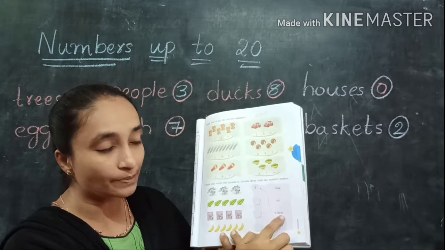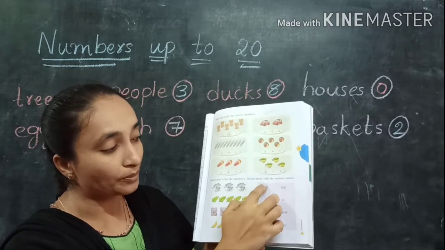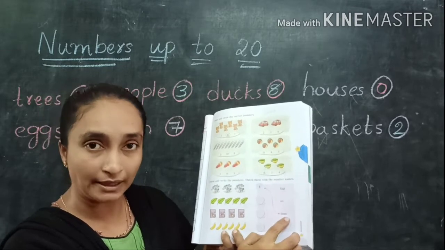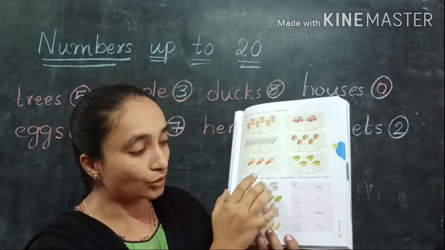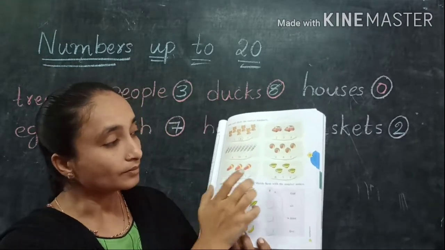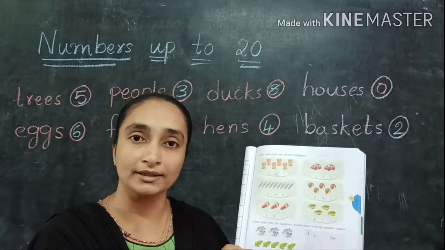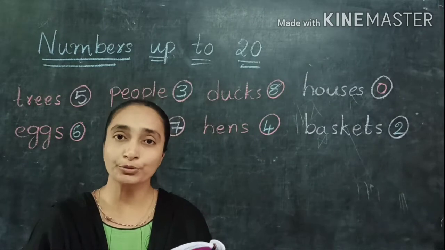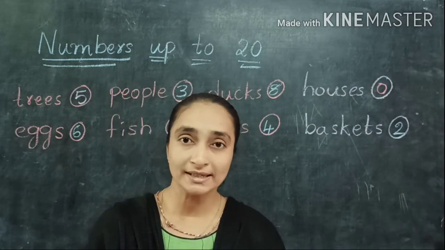So where is the 3 spelling? Here we have the 3 spelling, THREE 3. So from the number 3 to the 3 spelling you can do the matching, meaning you have to draw a line here. So in this pattern you must complete all these. Page number 79, you can complete these. Children, I hope all of you understood what I am saying. So all of you follow this, children.